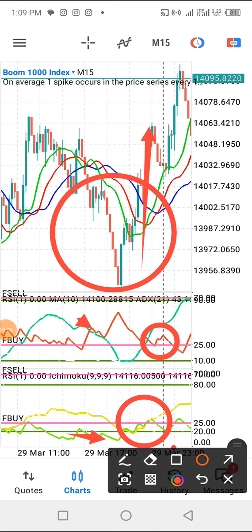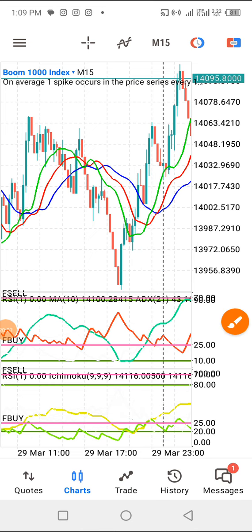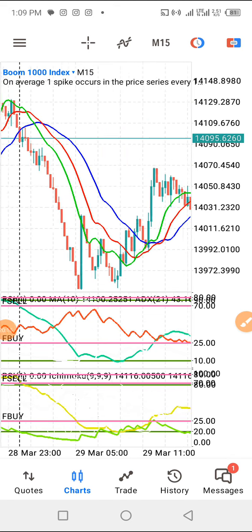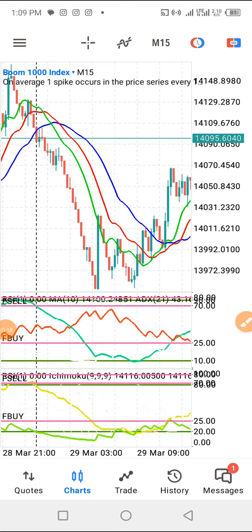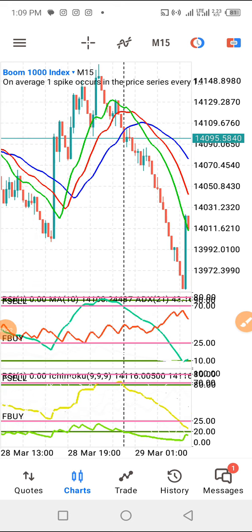But the moment the two ADX lines are below 25, this is where we have a ranging market. This is where we start experiencing ranging because price won't be going up and it won't be coming down. That means if you check the first window and notice the ADX is below level 25, and check the second window, notice that the ADX, which is the green line, is also below level 25, then possibly at that point you will be seeing a series of ranges in the market.